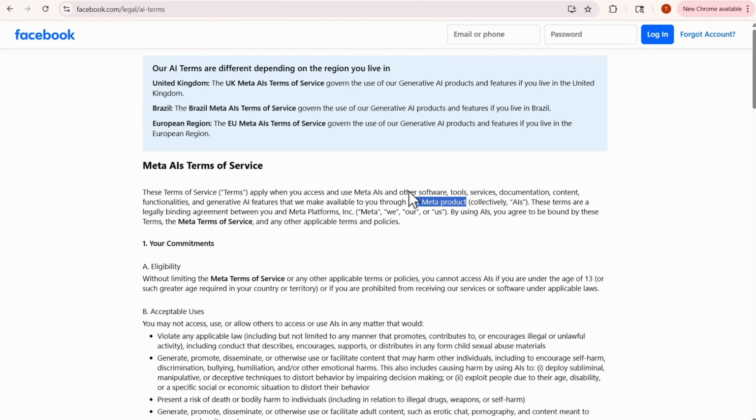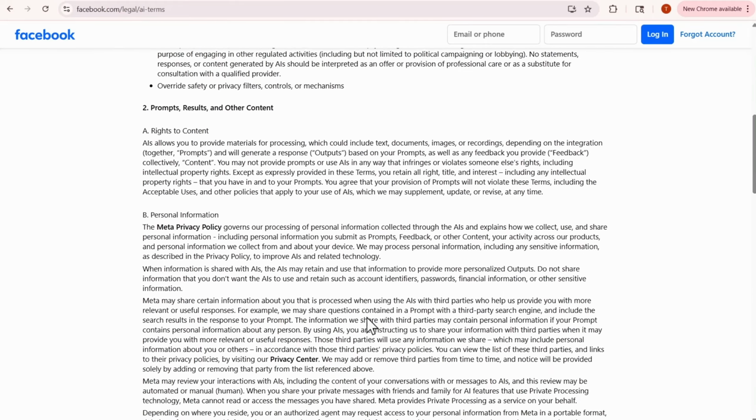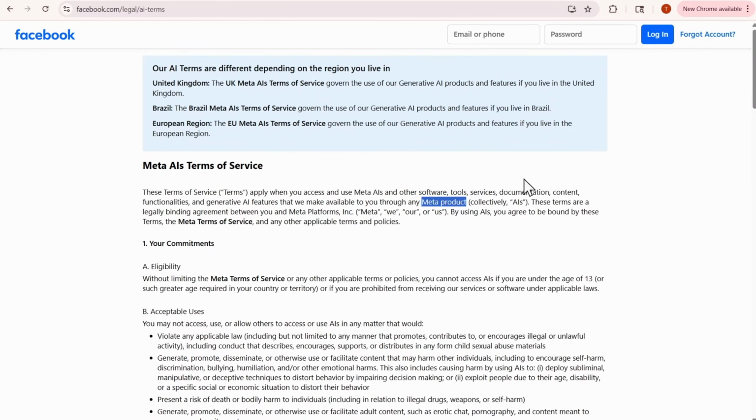So I think one thing that I would do as a privacy lawyer is I would ask a potential customer or client to identify all of the products, because these terms of service would be presented on all of the Meta products that are referenced here, and ensure that there is a transparency component in all of the provisions in the terms of service that are applicable to the product.